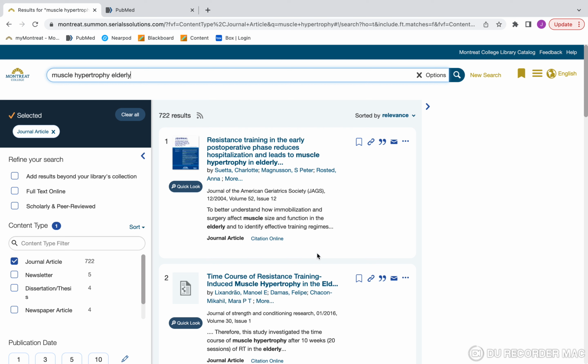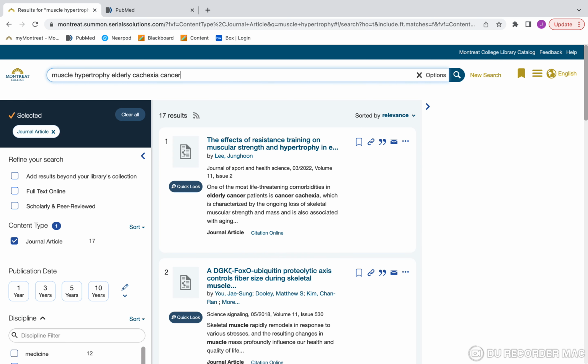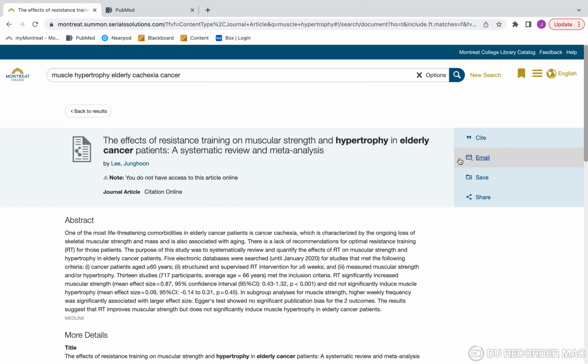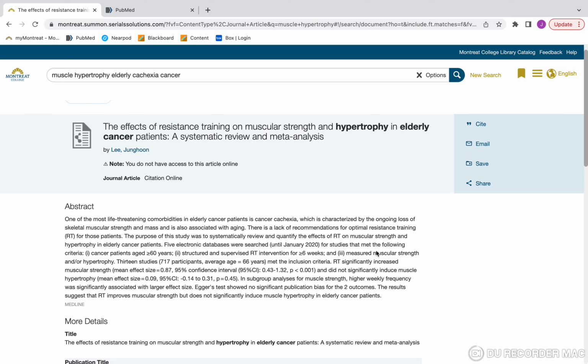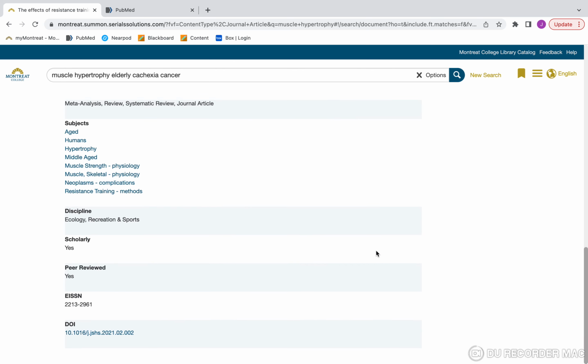We could say we're particularly worried about someone who has cancer cachexia, which is muscle loss due to cancer. And we're going to narrow it down. And then maybe we find what we were looking for here. So we have resistance training, muscular strength, hypertrophy, and elderly cancer patients. Great. That's what we're looking for. And we can go from there.